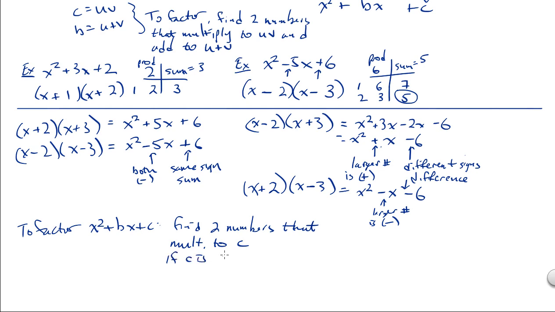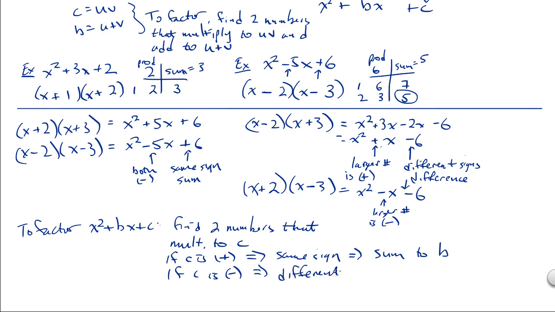If c is positive, greater than 0, then they're the same sign, which means that you're looking for a sum to b. If c is negative, then the two numbers you're looking for are different signs, which means that their difference